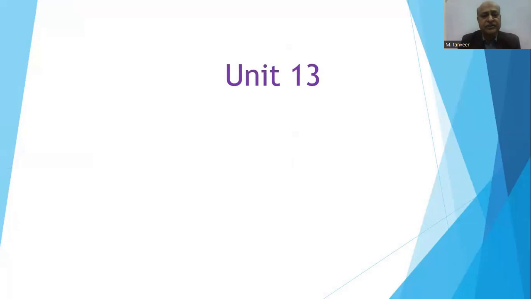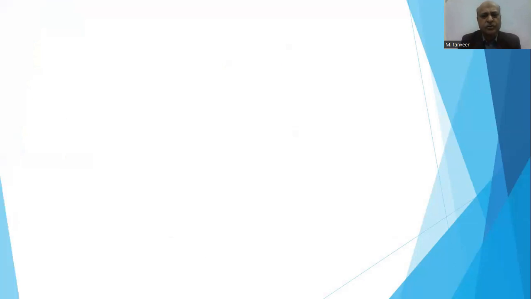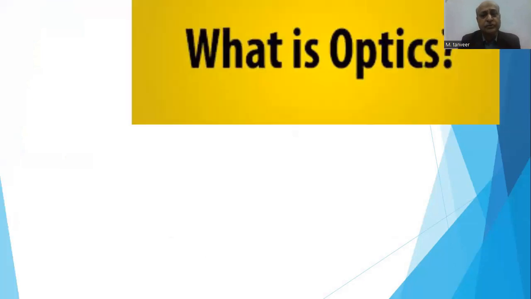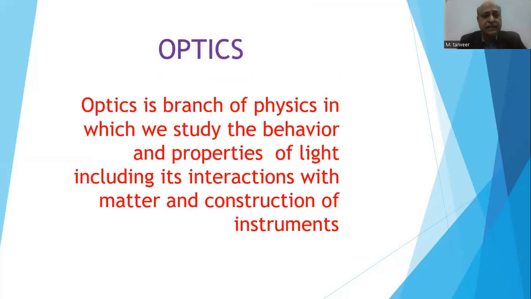Optics is a very vast field of physics in which we discuss properties of light, behavior of light, and all those instruments in which we use light. So when we talk about what optics is, we say that optics is that branch of physics in which we study behavior and properties of light, including its interaction with matter and construction of instruments. So we have to discuss in this branch